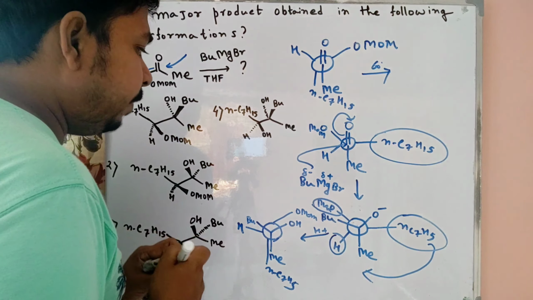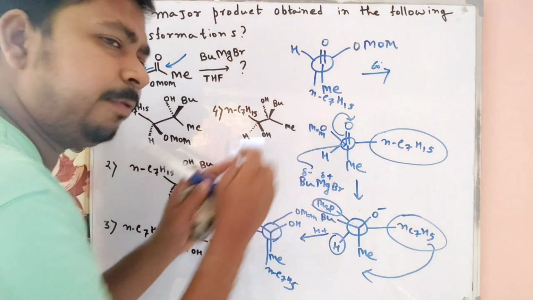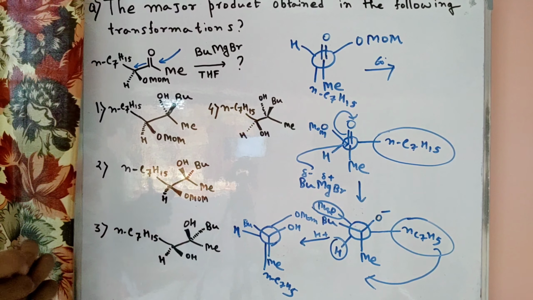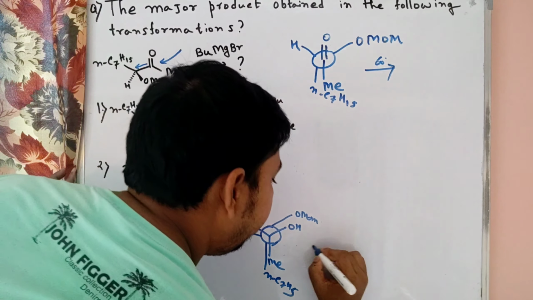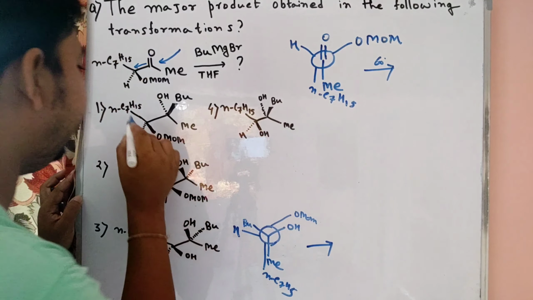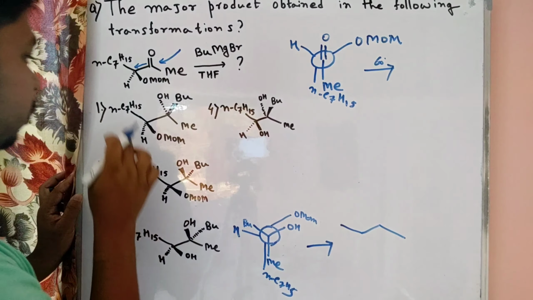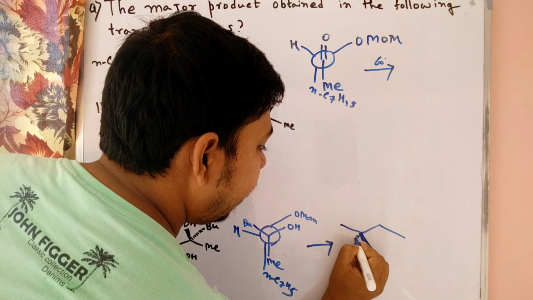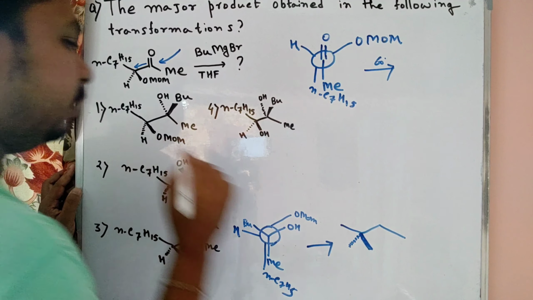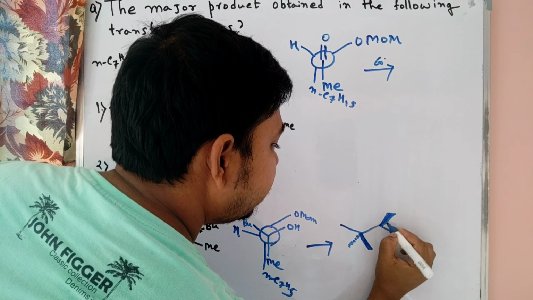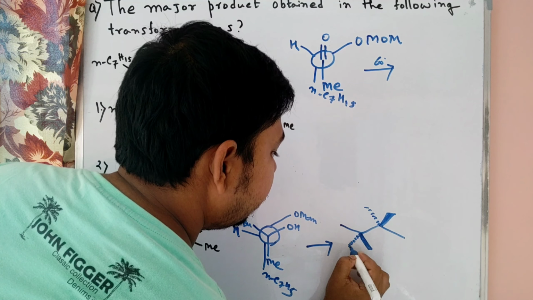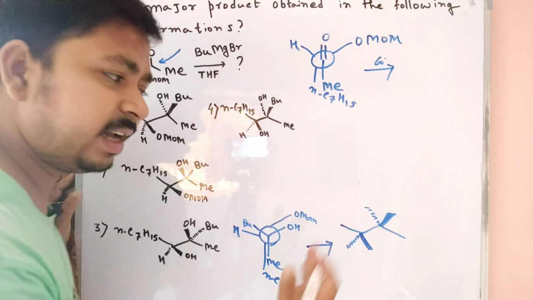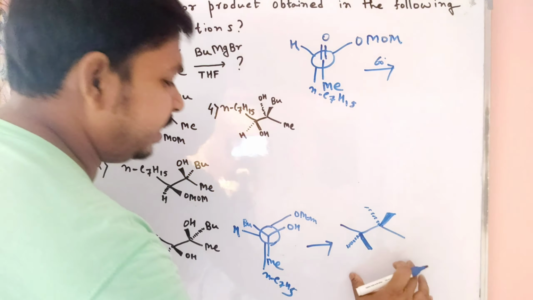So now our problem is solved, but now we convert this 2D form to the 3D form. We can simply draw the structure. After formation of that compound, we draw any 3D pattern. The 3D pattern is here, where our upward bond is here and our down bond is here, and our next form is our given product. This one is the up bond, this one is the down bond. We cannot know which group is placed here, but we can easily place it. So how do we go from this form to this form?